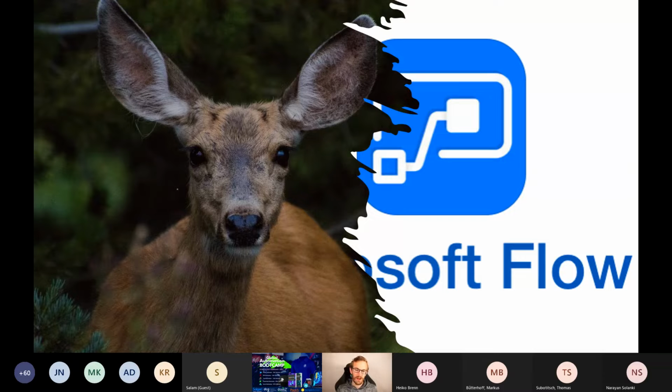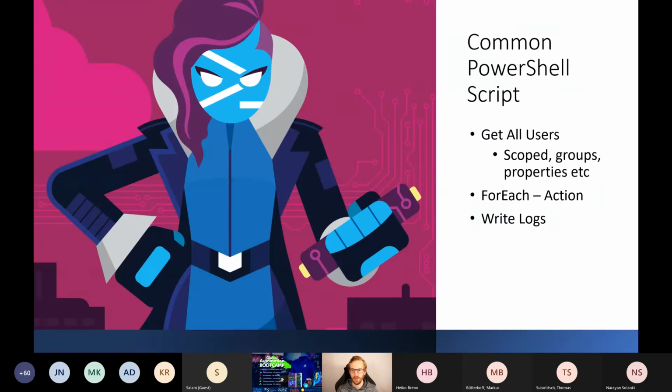But there were some challenges with that approach, because I was using my standard workflow, what I would do with PowerShell, and that is whenever I wanted to do something in my on-premises environment, I would get all users, or I would scope it to a specific group, or I would get all computers, or just anything I would want to run a check against, or I want to change some properties, or just validate that something is still in place.